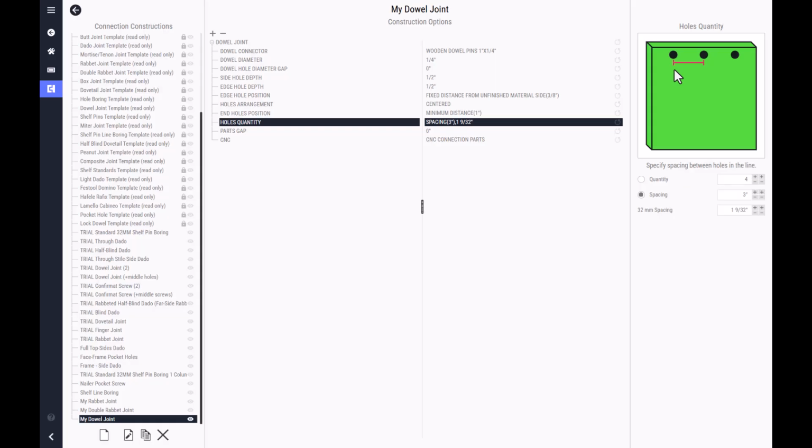So if your part measures 10 inches from the center of the front hole and a rear hole and you have the maximum spacing set to 3 inches, it will place 2 additional holes in order to satisfy that requirement. As an example, I will set the maximum spacing to 6 inches and take a look at a wall cabinet